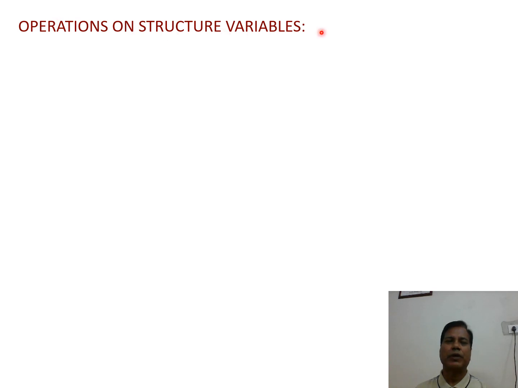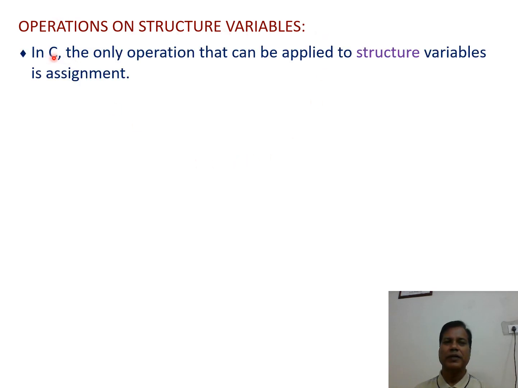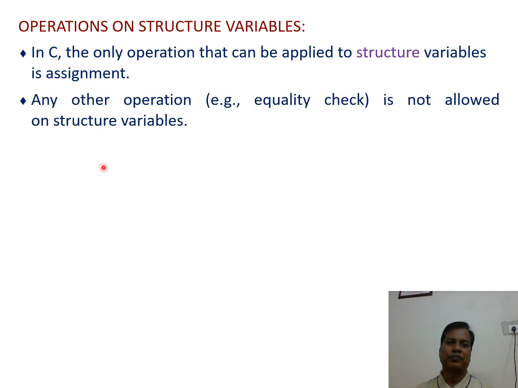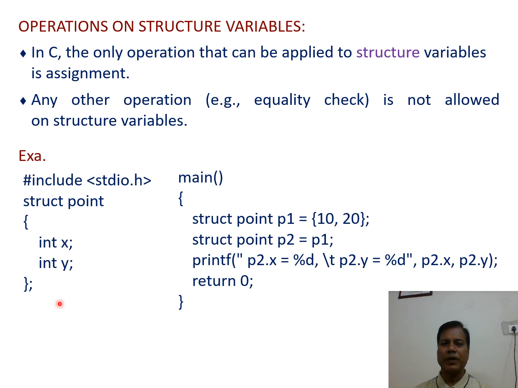Operations on structure variables. In C, the only operation that can be applied to structure variables is assignment. Any other operation, for example, equality check, is not allowed on structure variables. For example, in this program, we define a structure point that has two member definitions: int x; int y;